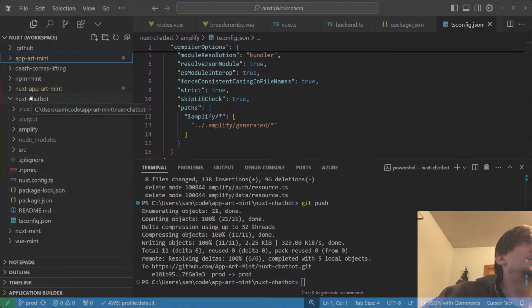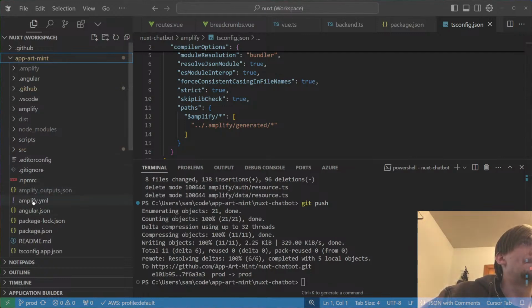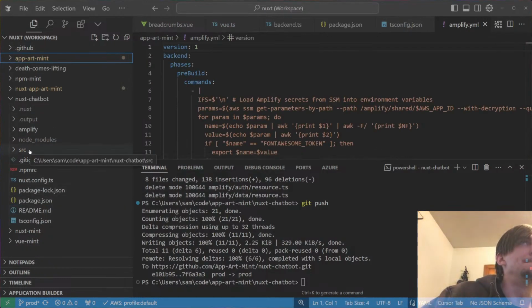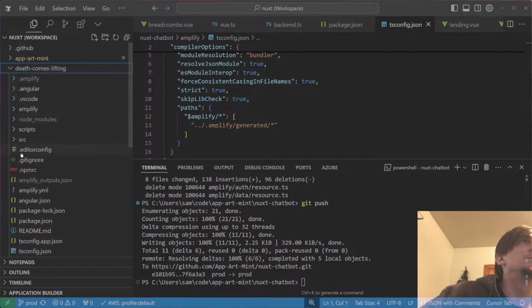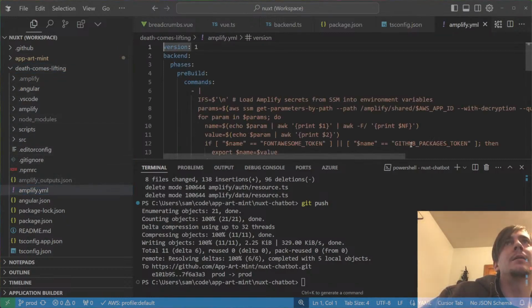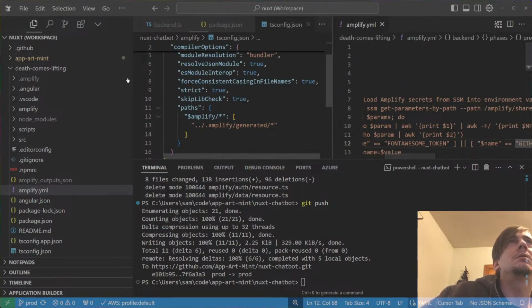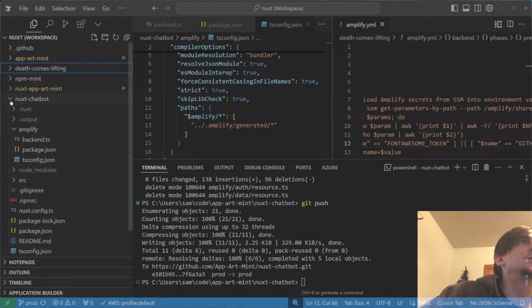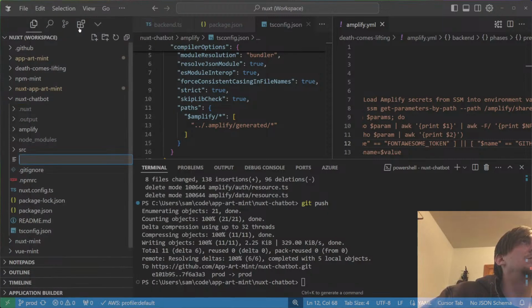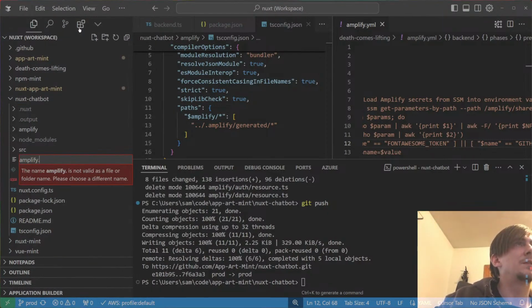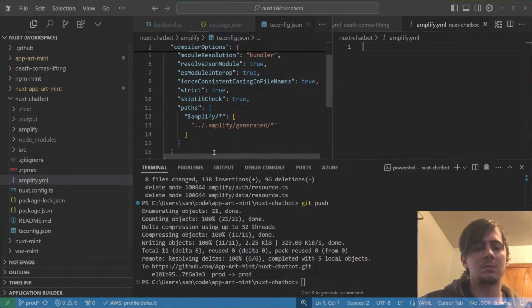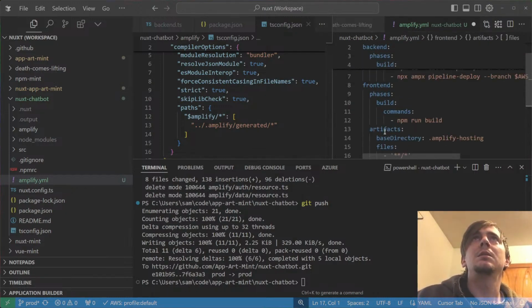Get rid of that. Actually, you don't want to open that. Actually, I don't want to open that. It has my good friend there. And then this guy will get a new file, amplify.yaml, paste in